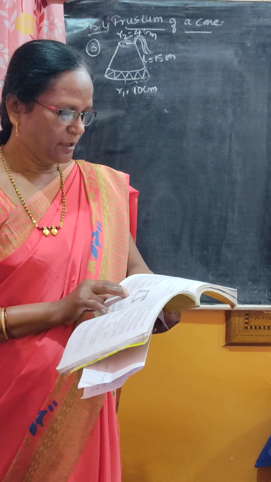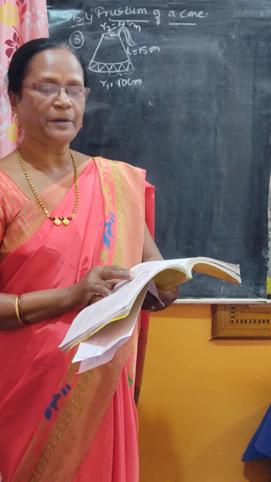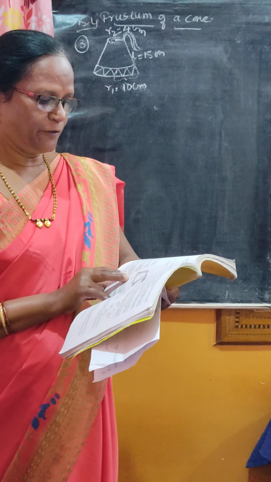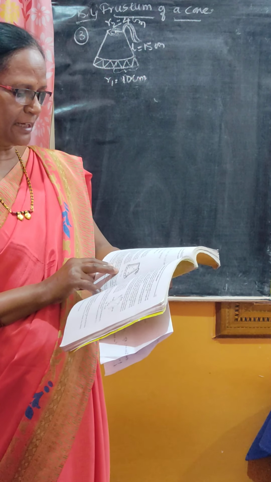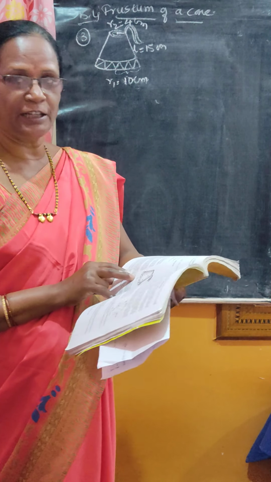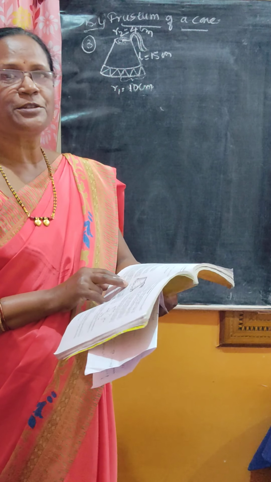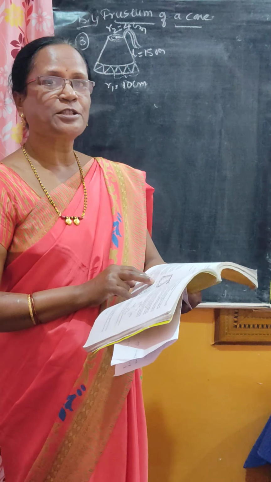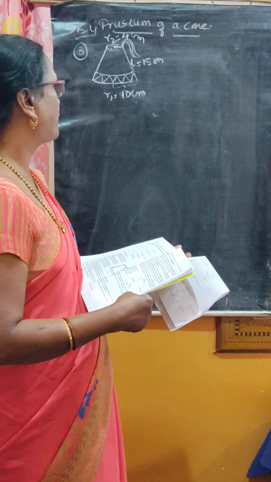Now third sum. A fez. Fez means that is the cap which is used by the Turks. It is shaped like the frustum of a cone. If its radius on the open side is 10 cm and the upper side is 4 cm, slant height is given 15 cm. To prepare such a measurement of that fez, how much material is needed, that we have to calculate. That is how much material, nothing but that is the TSA of a frustum of a cone.